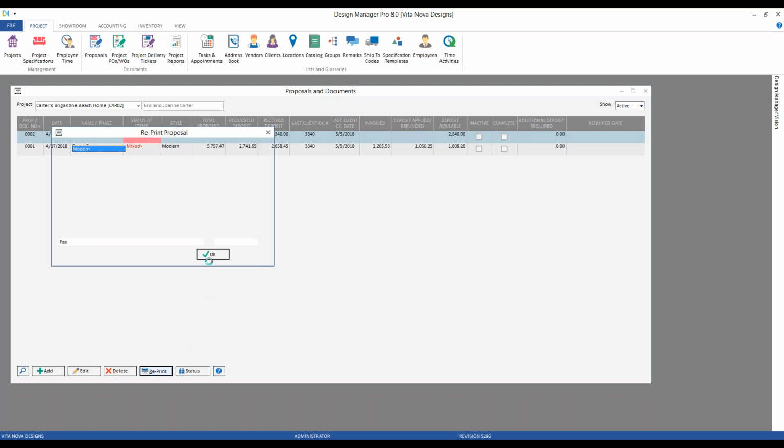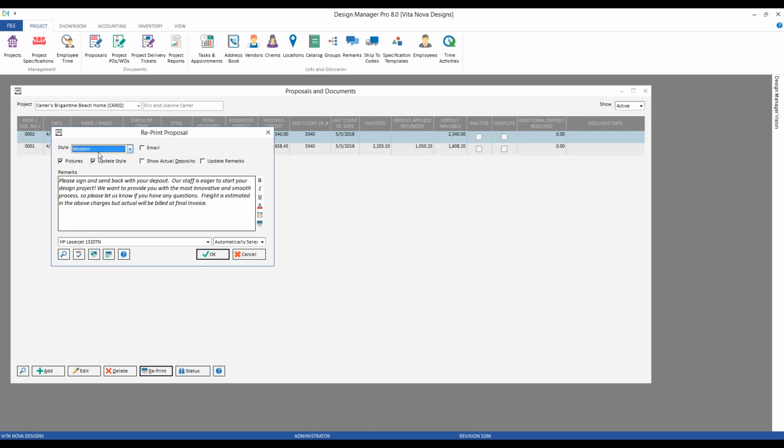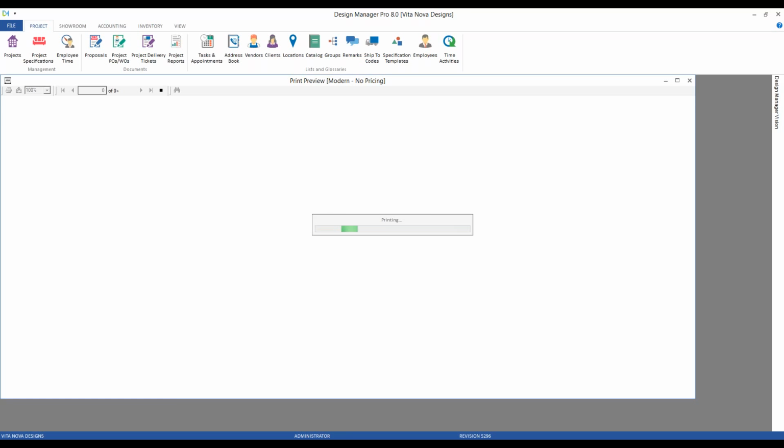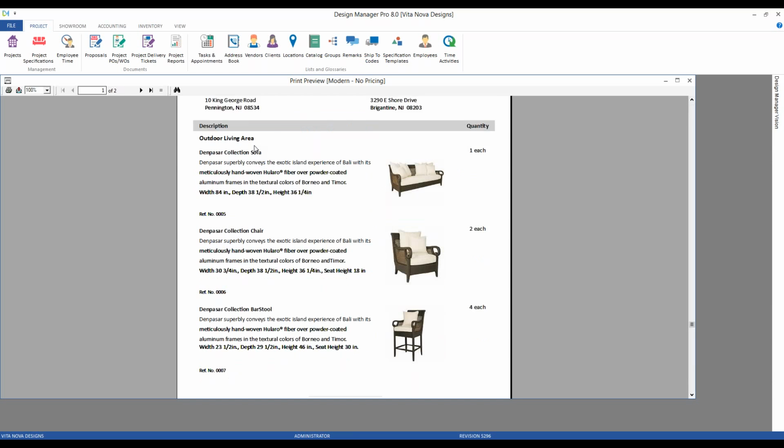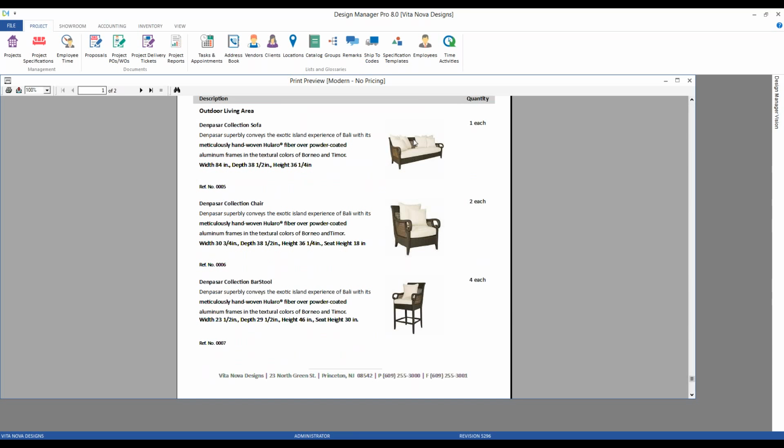So I'm going to reprint in this case. I'm going to change my style from the original modern again to the modern no pricing, and I'm going to leave the update style option selected. There's no need to communicate the prices at this point. I'll keep the pictures on there to really make a nice dramatic presentation. And here we go. So now I can see all of the merchandise that we're providing for the outdoor living